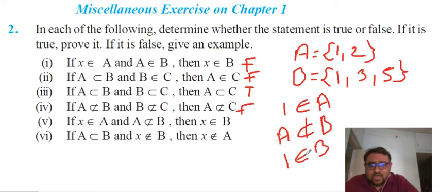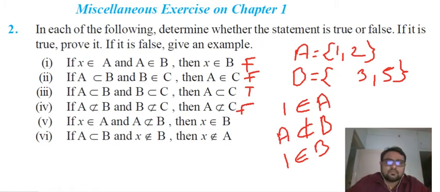In this case, it is happening, so if we go on this way, then it might be true. But now let's take that there is no such element in B, like 1. See, I have removed 1 here. So now A is not a subset of B again, right? But in this case, 1 does not belong to B. Clear? So in this case, question number 5 will be false. So it is not necessary, right? So fifth, I will write it down as F. Okay, you can note down this example.